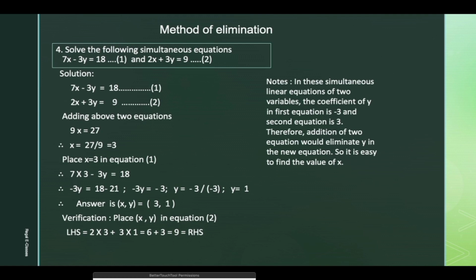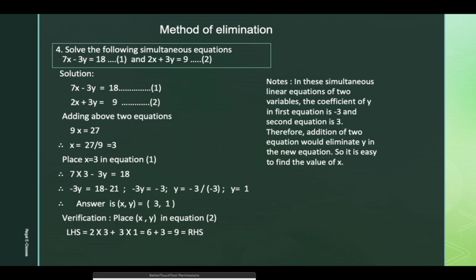This problem is again like the first problem. You have minus 3 as the coefficient of y in the first equation and plus 3 as the coefficient of y in the second equation. If you add these two equations, you eliminate y and you can get x.